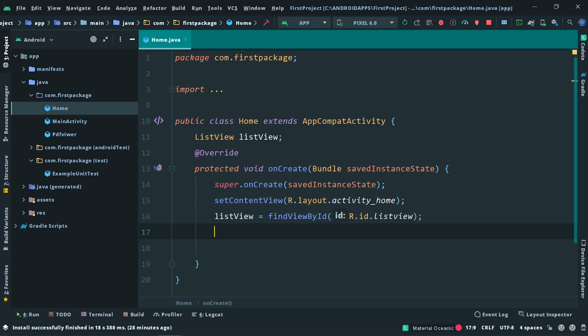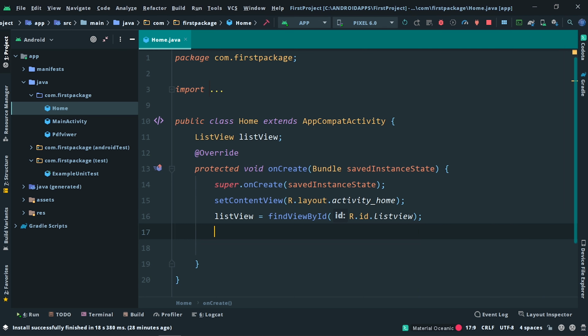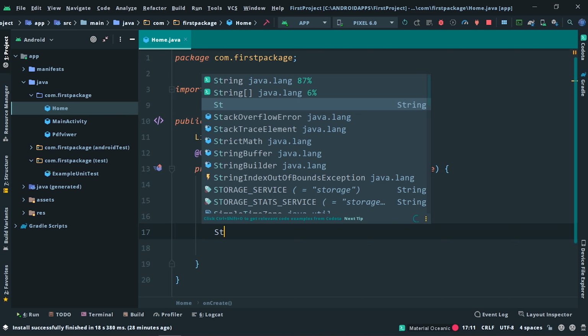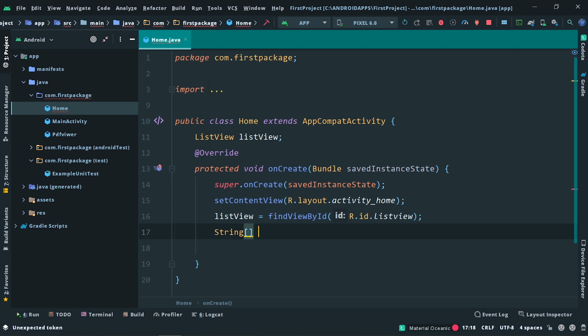Now we need to create an array of strings in which we place our items. In the example code I implemented three text views. Let me tell you how to create that. In order to create an array of strings inside Android Studio, just type String array and name this array.